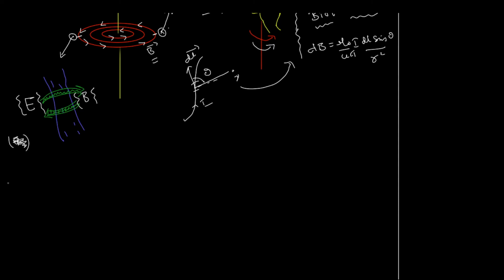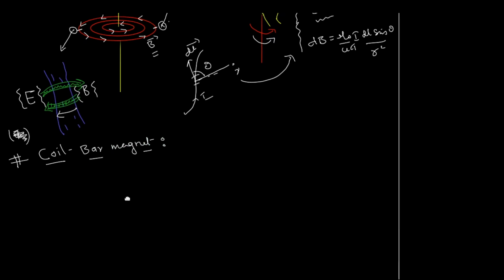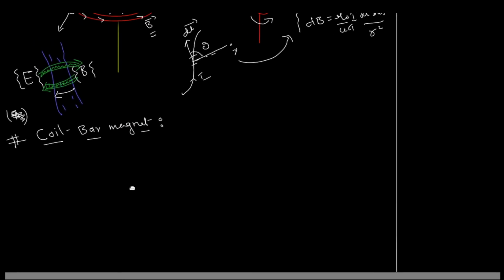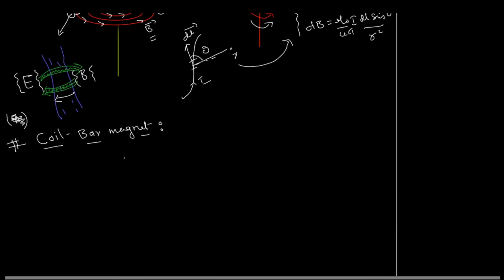But let's see the experiments we try to do in order to convince ourselves that the reverse bridge is also possible. For this we'll do a small experiment called the coil and bar magnet experiment. Okay, not an experiment as such, but yeah. And I hope you remember what a galvanometer is, right? A galvanometer basically is a device which is used to identify or detect current. So we'll make use of that.